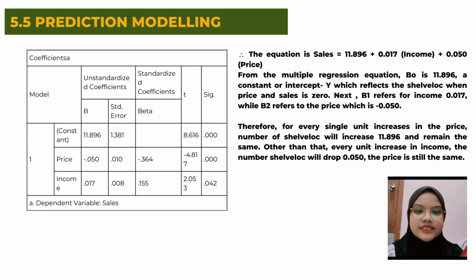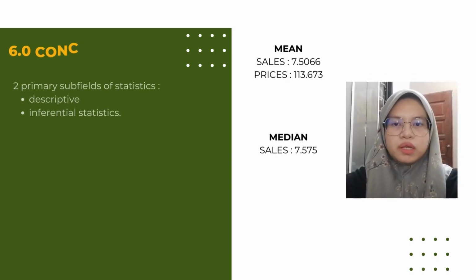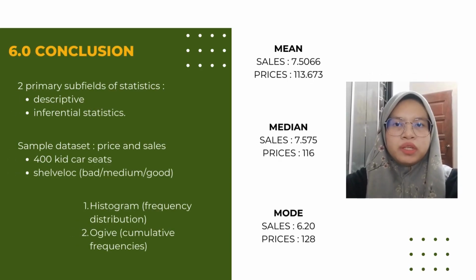Therefore, for every single unit increase in income, the number of share value will increase by 0.017 and the price remains the same. Other than that, for every unit increase in price, the number of share value will drop by 0.050, while income is still the same. That's all. Alright, we have come to the end, and for the conclusion,